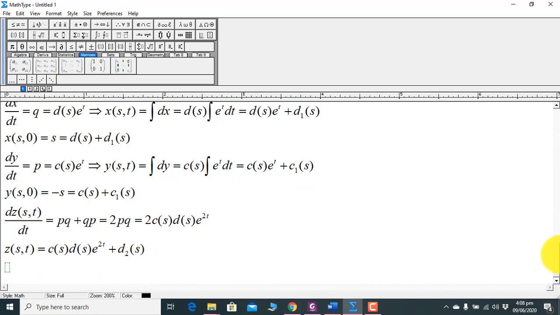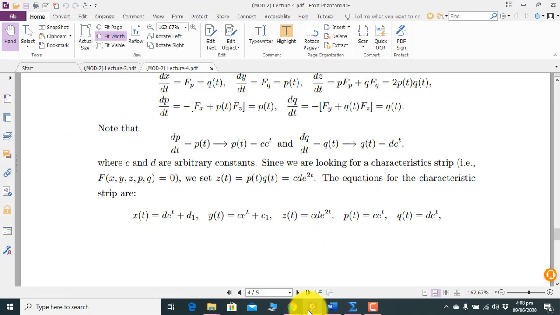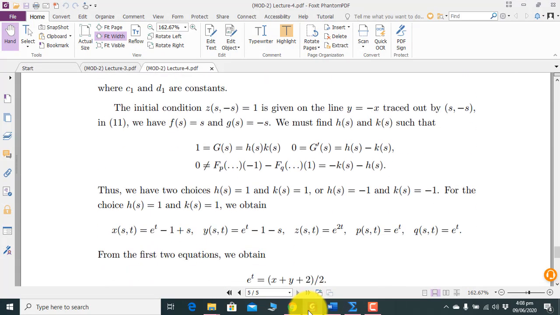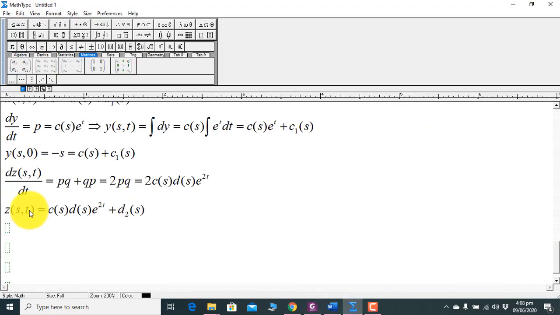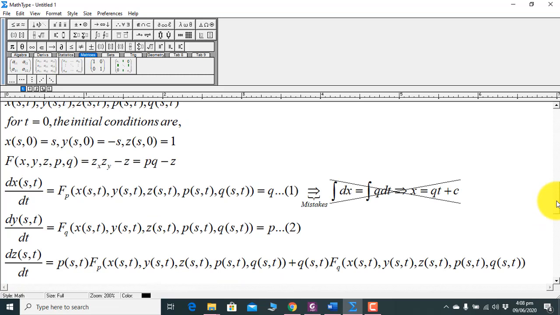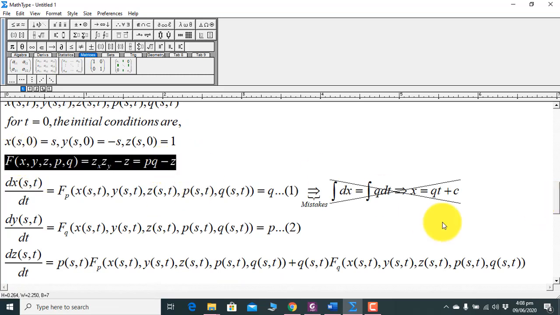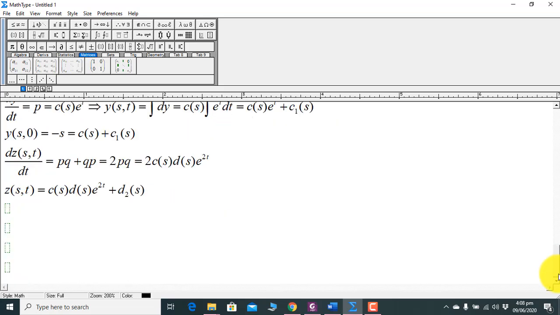Now, one important aspect is that you have to calculate the condition for P and Q. So now f of s is s, be very careful on the slides. G of s is minus s. Capital G you now know, because I have told you earlier, capital G is 1. So what will be the first equation? F of conditions has to be 0. What was capital F? Capital F was this.